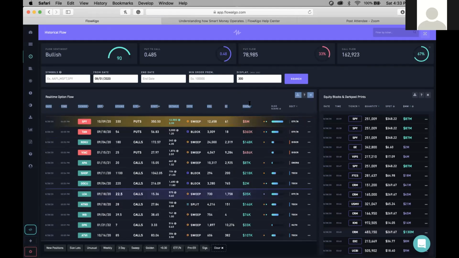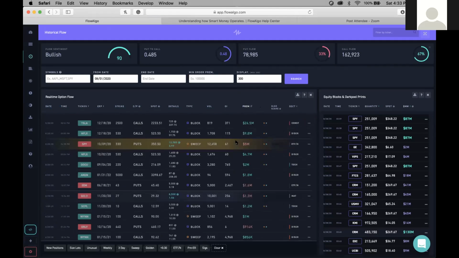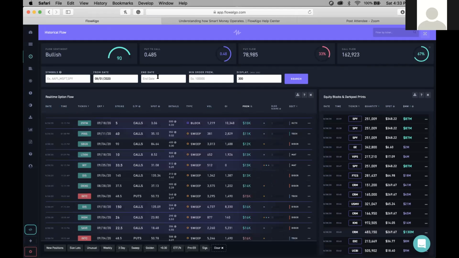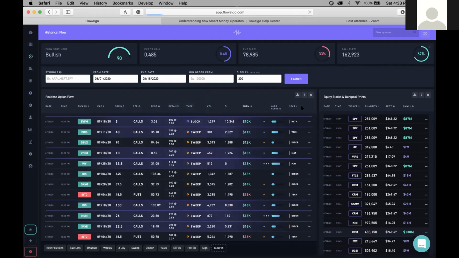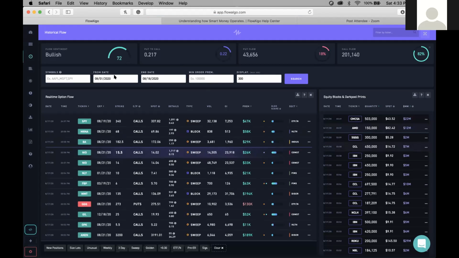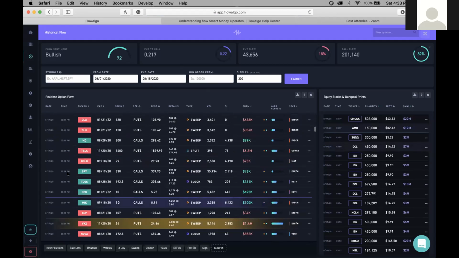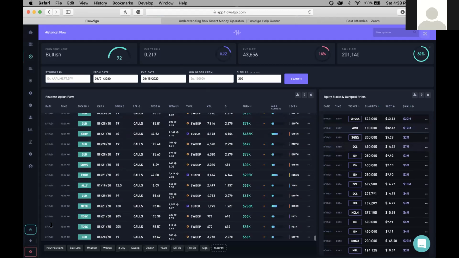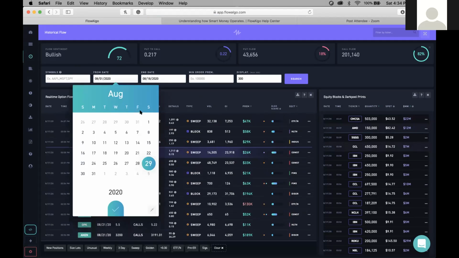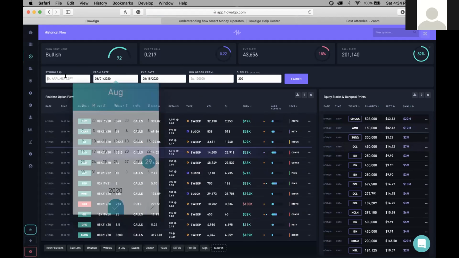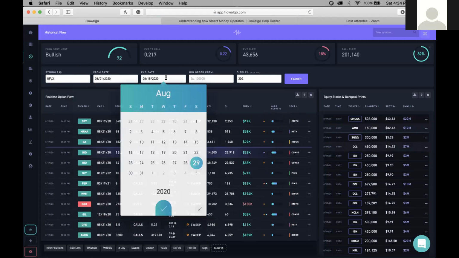Sometimes it works, sometimes it doesn't. But anyway, it's supposed to show you basically, let's see if I can get. Yeah, so basically from 8/1 to 8/18. So I can see these from 8/17. Yeah, sometimes it doesn't work, but that's the goal. You're supposed to be able to search stuff. And if you want to see stuff from yesterday, or if you just want to look at a ticker itself, like if you want to check Netflix, for example, just put the end date here.